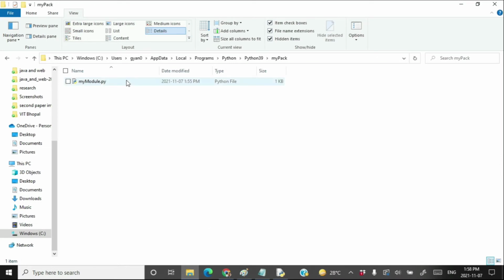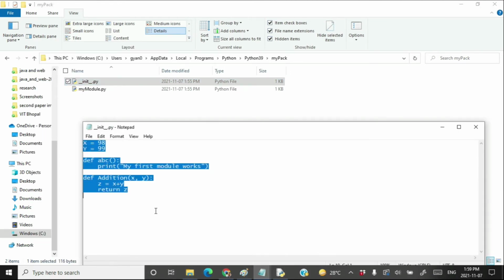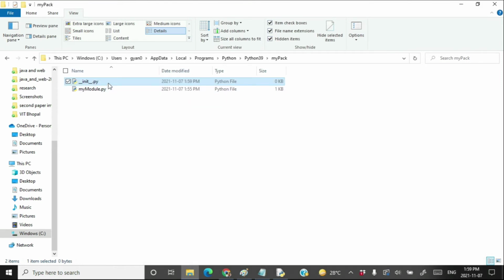I'm going to create one more Python file here whose name is underscore underscore init, 2 underscores init, 2 underscores .py. Why create this file? I am not going to explain it right now, but you have to create this file. Now open it with Notepad and just erase everything from init.py. Save it. The init.py is right now an empty file in your package directory.